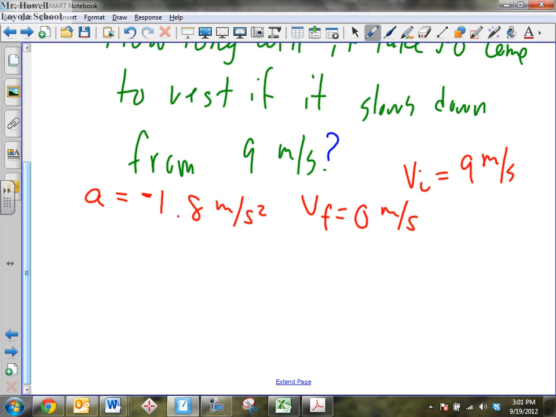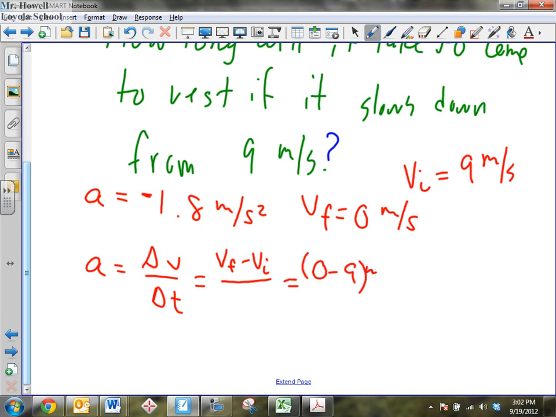Now, this is a problem that's different from yesterday. Yesterday we had a constant velocity the whole time. Now we have a velocity that's changing. But that's not a problem because we have a formula. The formula we know is delta V over delta T. This is what we put up on the board a second ago. What does delta mean? Change. So, Helen, I saw your hand go up. Can you tell me how I would write this? Well, it would be 9 minus 0 for the delta of V, because that's the change in velocity. Final minus initial always, so go backwards. Oh, wait, so it'd be 0 minus 9, so negative 9.